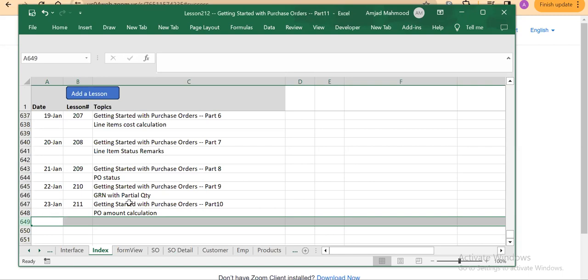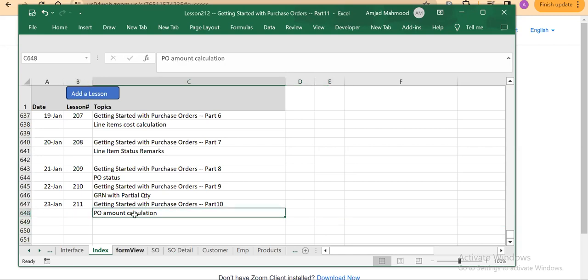In this session, we will further talk about the PO amount calculation. As you know, in the previous session, we made certain enhancements with respect to the PO amount, and since it is a replication of the sale order, which we are converting into the purchase order, the discount factor was removed because discount is not relevant at the moment, but taxes is the new thing which we would like to add,